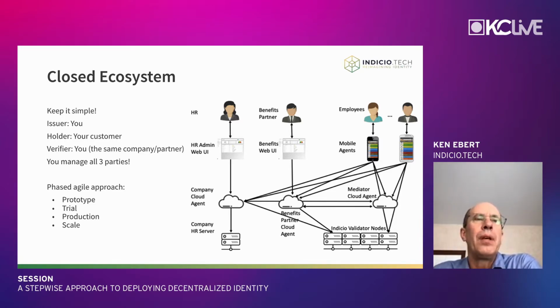And part of that is by focusing in on an initial prototype first to get familiarity with the system and how decentralized identity works. If you do a small scale prototype, you'll learn from that experience and be able to apply that in either a trial system or going to production. Once you're in production, you can make any adjustments that you need as you scale the system out. But that closed ecosystem provides the whole set of interactions that are needed to derive value from the credentials.